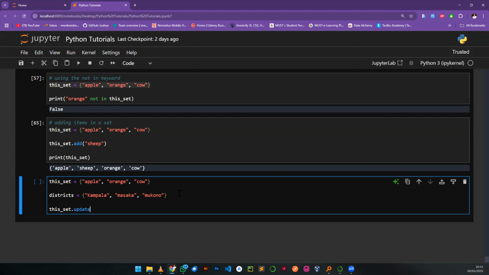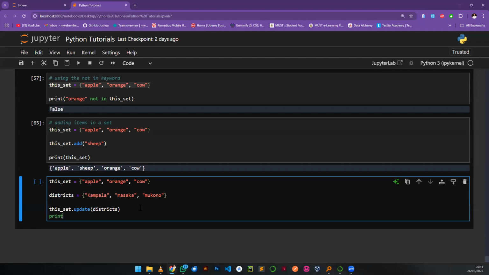Let's see what this update method does. When I say this set dot update with the districts, and I print out this set,